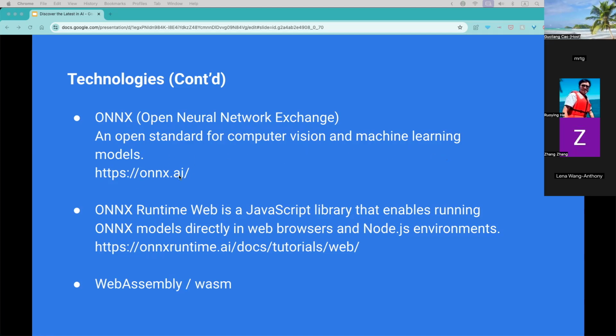It is a framework that allows you to use a model and run inference. In order to run the model on the web, you need to use the web version of this framework. ONNX is compiled to WebAssembly, which is loaded into the browser.